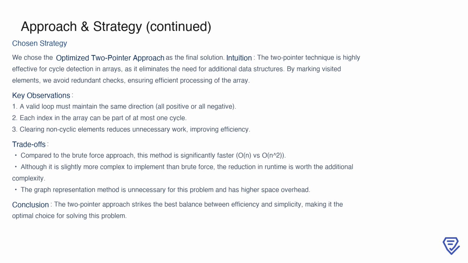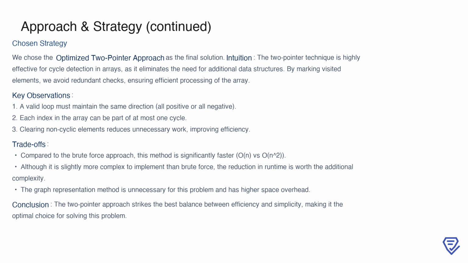In terms of trade-offs, the two-pointer method is significantly faster than the brute force approach, with an O(n) time complexity compared to O(n squared). While it is slightly more complex to implement, the improvement in runtime justifies the additional effort. On the other hand, the graph representation method is not only more complex but also introduces higher space overhead, making it less suitable for this problem. Ultimately, the two-pointer approach achieves the best balance between efficiency and simplicity, making it the optimal choice for solving the